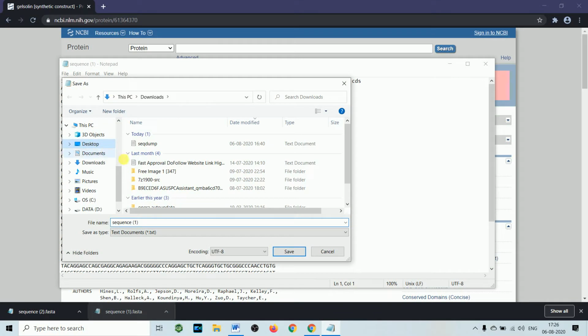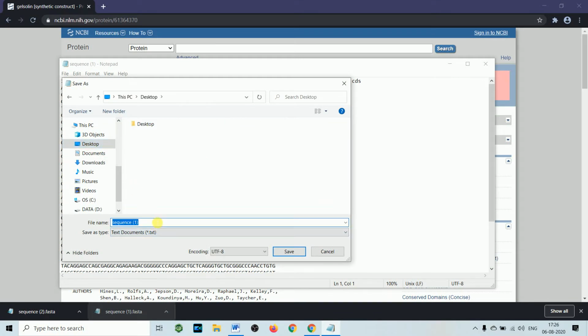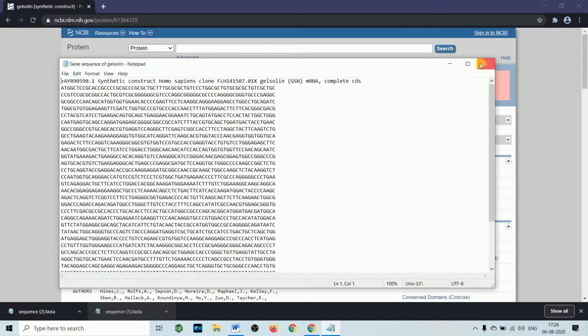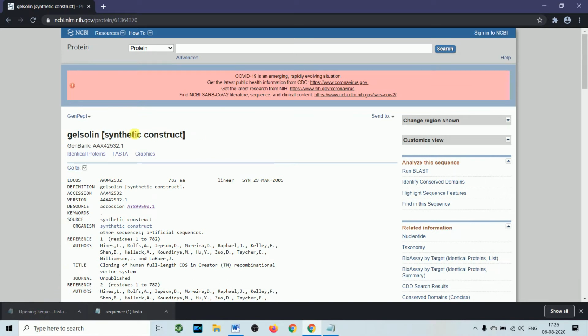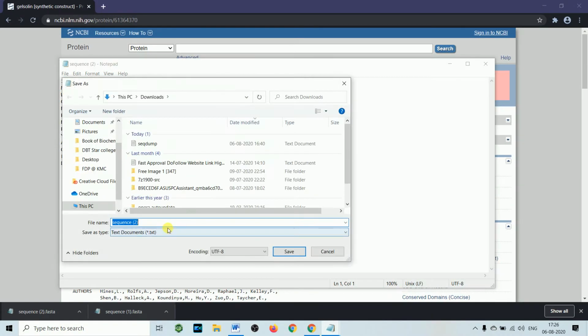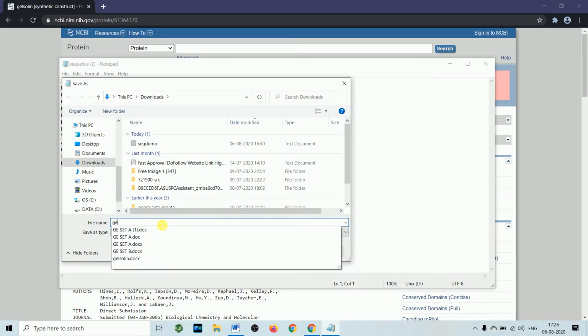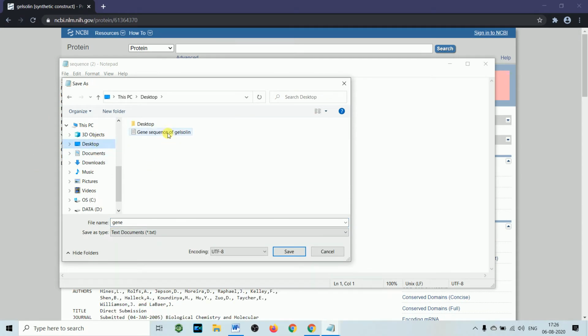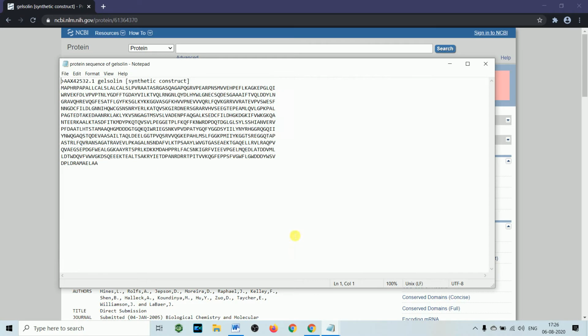We'll write it as gene sequence of gelsoline, and similarly we'll save the protein sequence as protein sequence of gelsoline. So we have two sequences here.